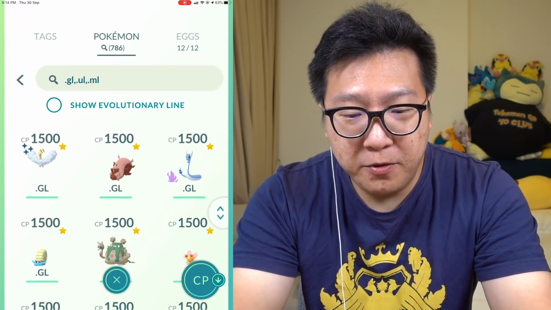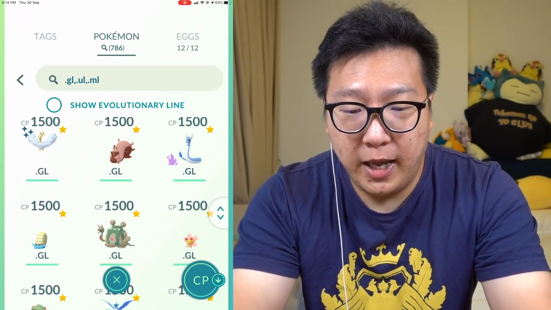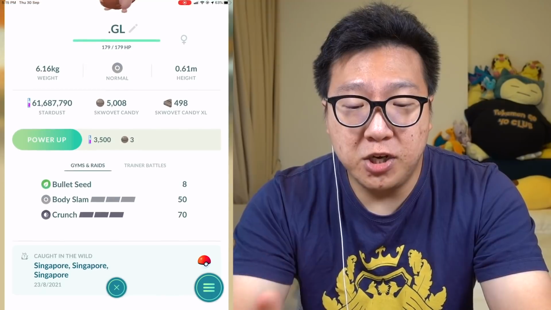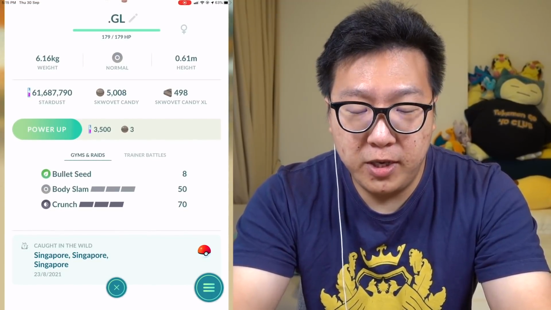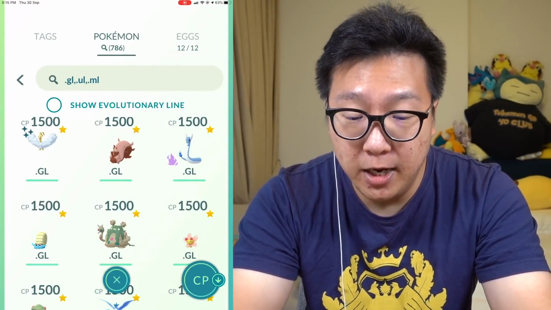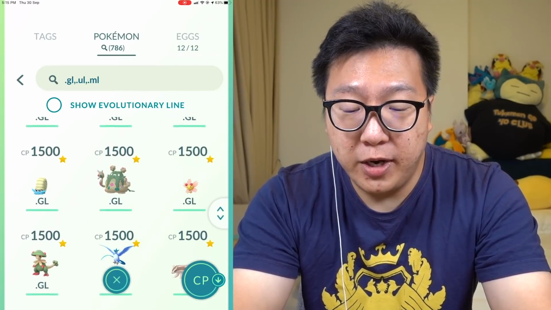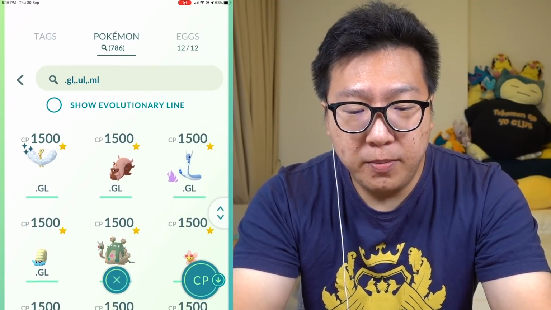Alright, Great League, these are some of the Pokemon that I have, including Greedent. Greedent is a pretty new and good Pokemon, I must say, but for charge moves, it only has 2 guaranteed charge moves, Body Slam and Crunch. There are no other charge moves that you can learn, which is kind of sad, but it's still really, really good and a very, very tanky squirrel. So my Altaria,